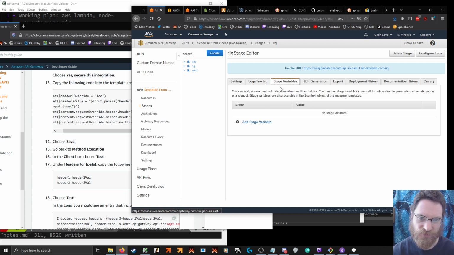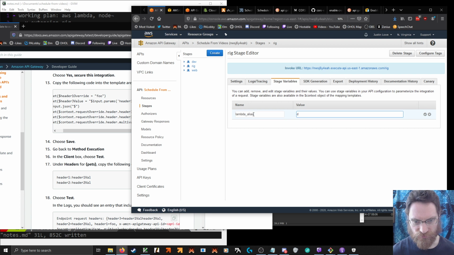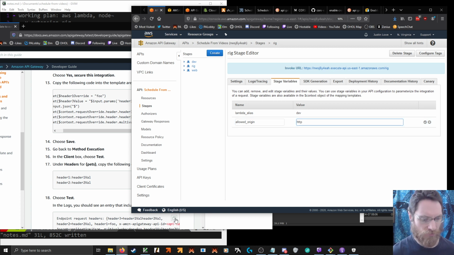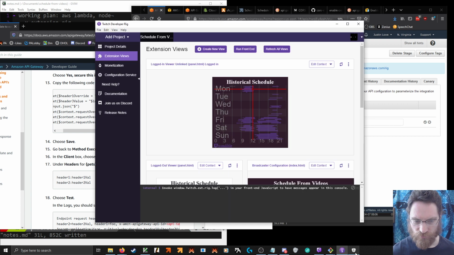We may not need that. So we have lambda alias dev. Allowed origin. This means I won't be able to go back and forth between the rig and, right, we're done with you, and regular web view.